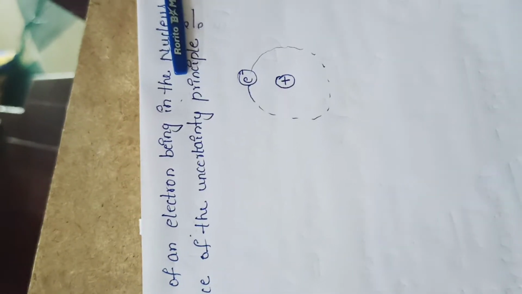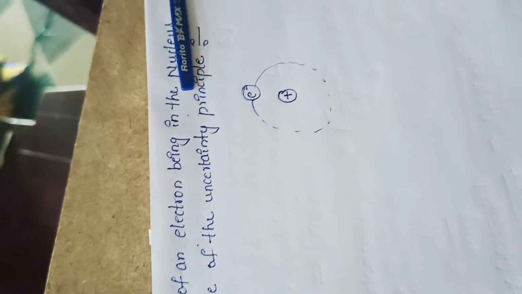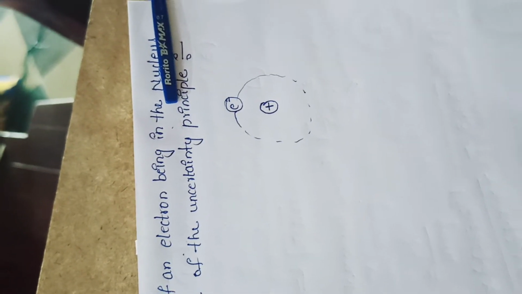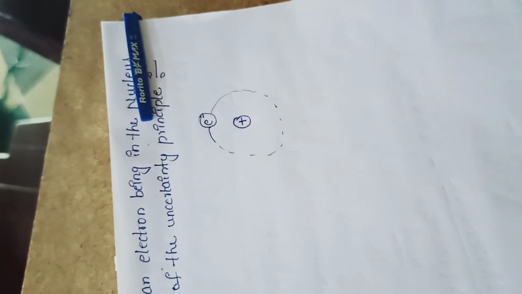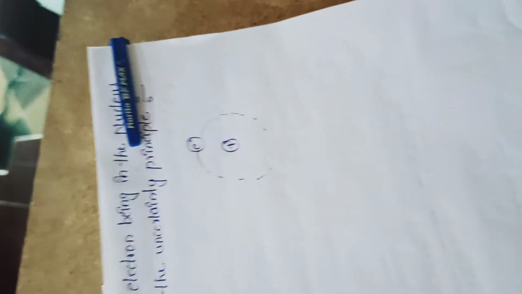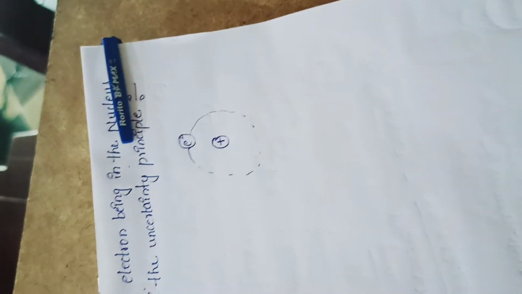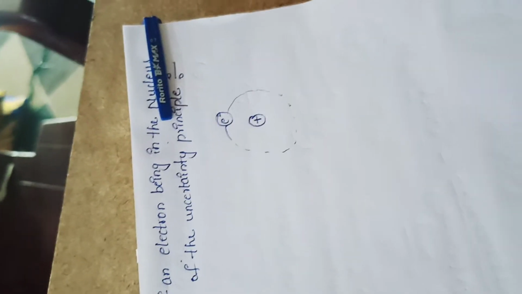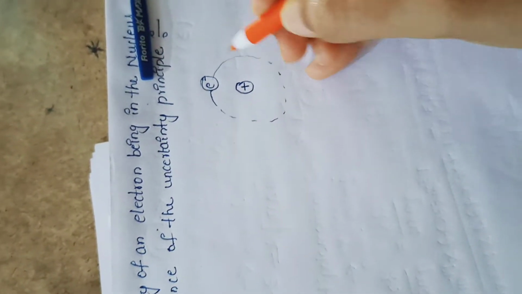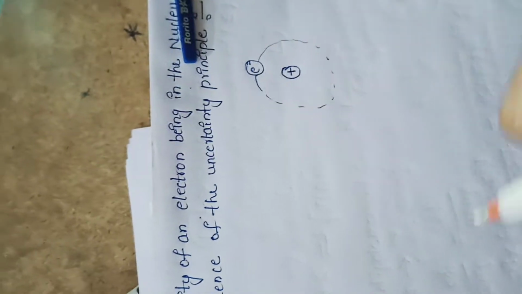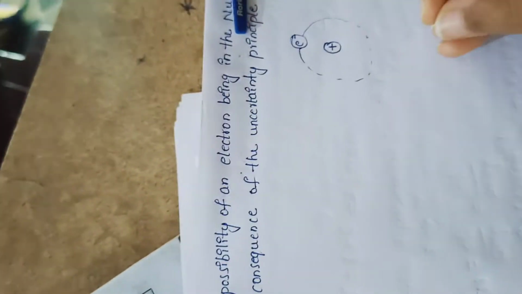Why? Is there any question for anybody as to why electrons do not exist inside the nucleus? Even protons and neutrons both exist inside the nucleus, but why can't electrons exist inside the nucleus? Why do electrons revolve around the nucleus, not inside it? Who proves this? According to the Heisenberg uncertainty principle.